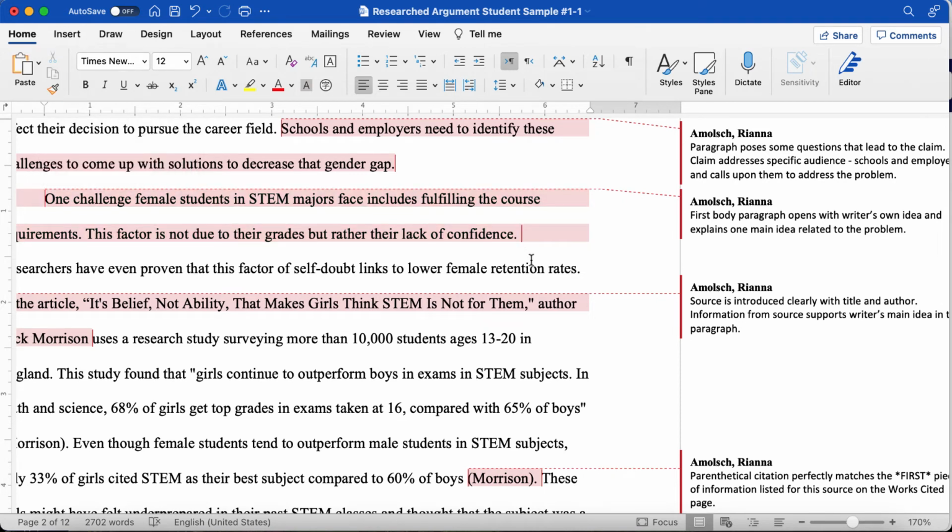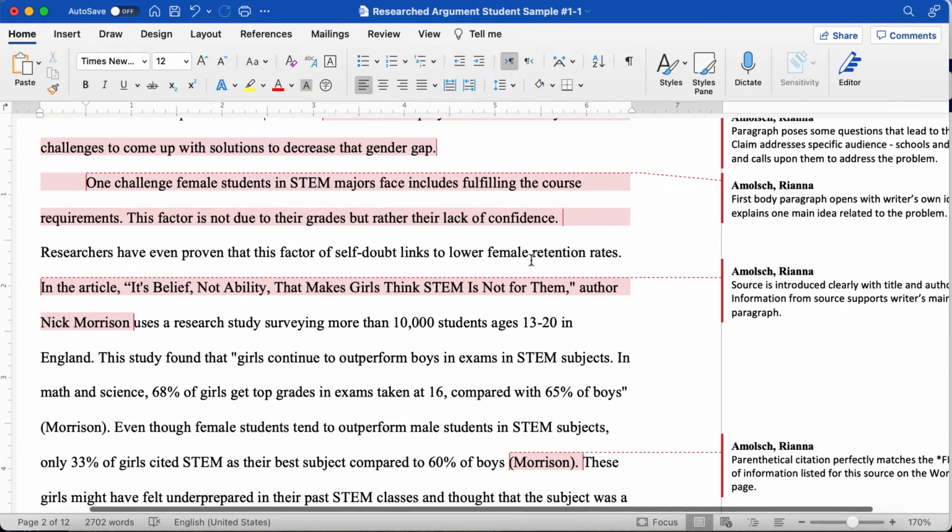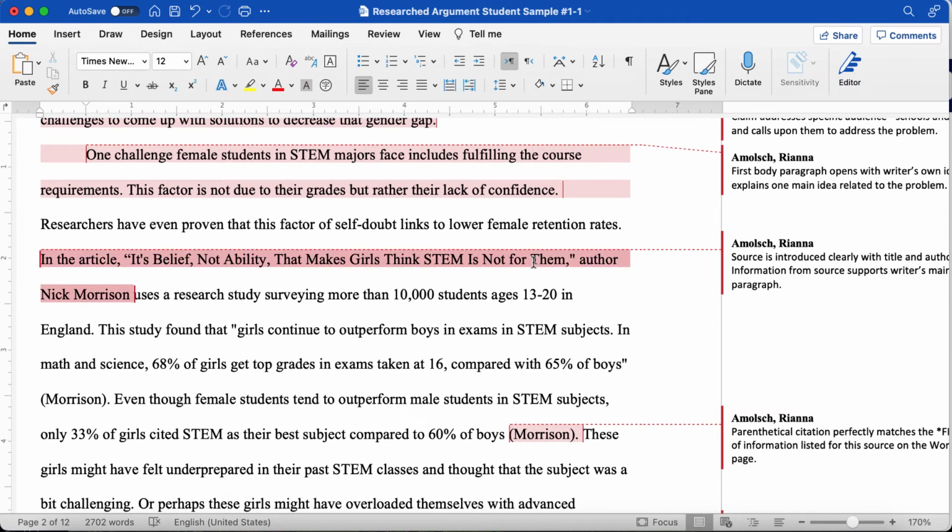So this paragraph addresses the lack of confidence that females may have approaching STEM majors and then by extension, STEM careers. So from there, any source that is presented in this paragraph is correlated to this idea of female confidence